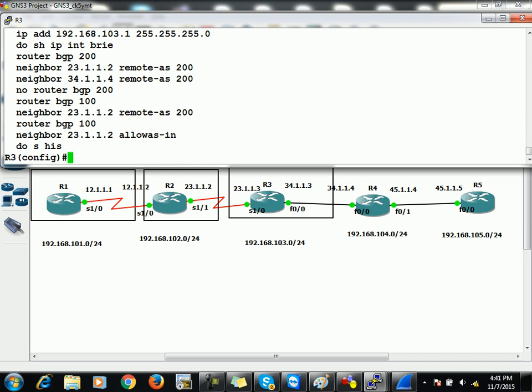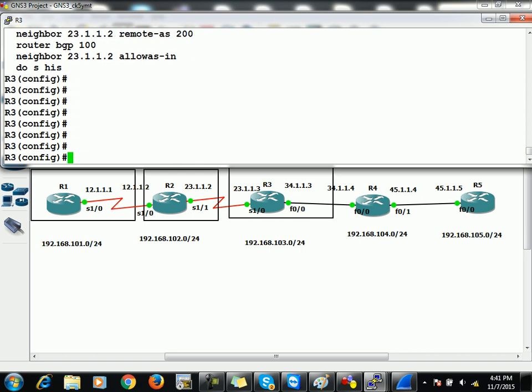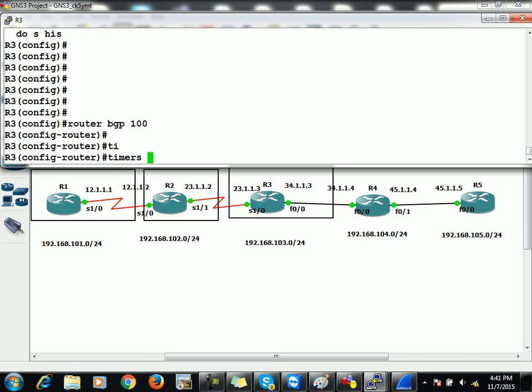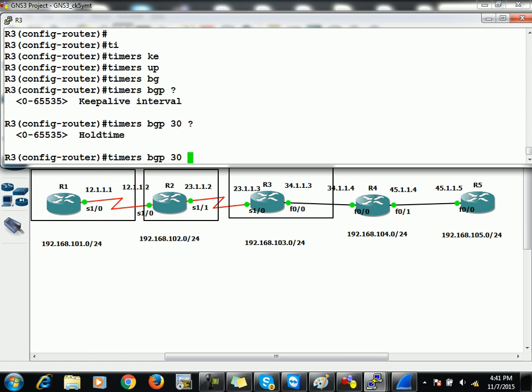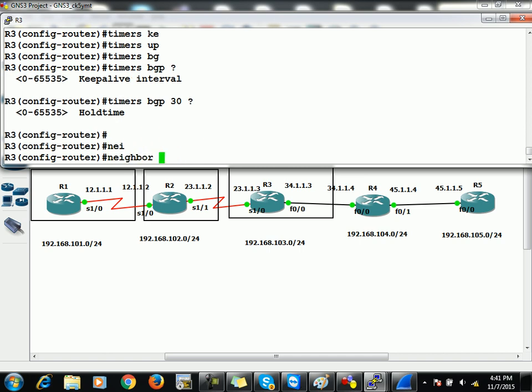Any problem in it? I mean till now in BGP. Is everything fine? Good. Then after it, if you want to change timers in BGP, that is very simple, right? Like router BGP timers BGP. First of all, it will ask for the keepalive interval, and if you want to make it 30, then the hold down interval. You can change it in this manner, or you can say